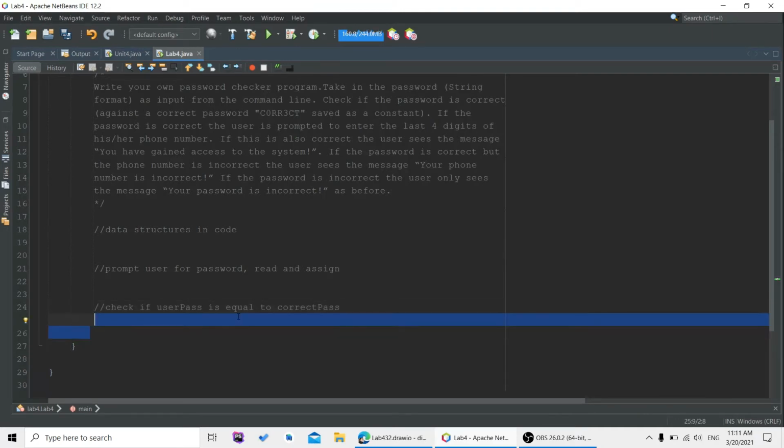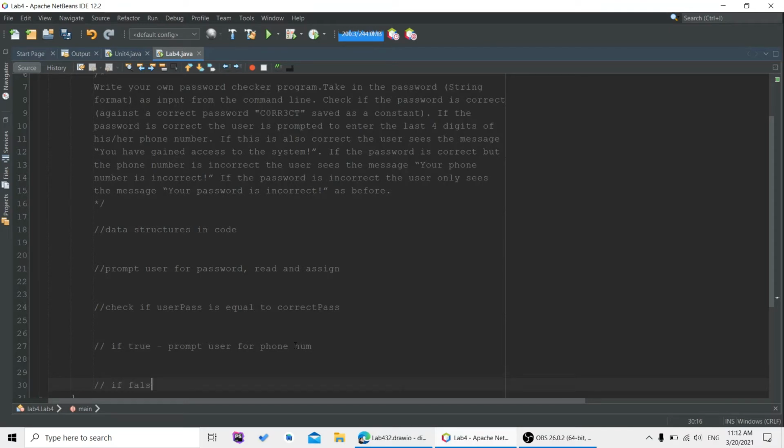Sorry, that's what we're supposed to check. And then if true, let's start. Okay, so if true, what should happen? If it is true, we should prompt user for phone number. Okay, but if it was false,